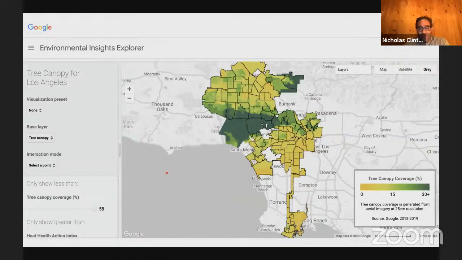And we're constantly adding new stuff to EIE. So here we have a tree canopy layer for Los Angeles, and we're working on these tree canopy data elsewhere as well. But the idea is that cities want to know where they have trees, or more specifically where they maybe don't have trees but could have more. And so some internal Google data sets were utilized in conjunction with EarthEngine in order to generate these maps of tree canopy cover in various places in the world, and to expose those through the Environmental Insights Explorer in order for cities to